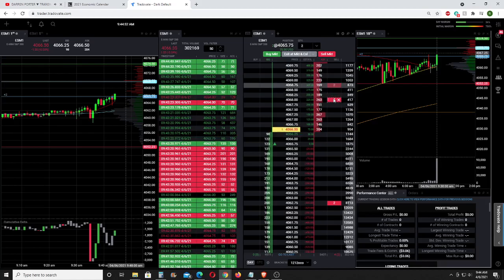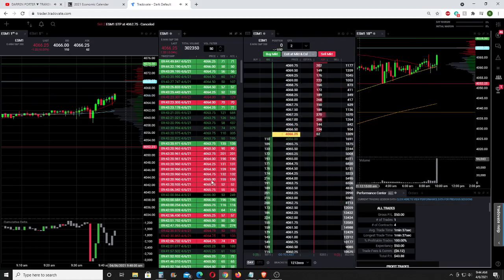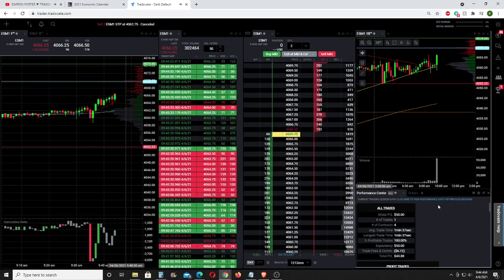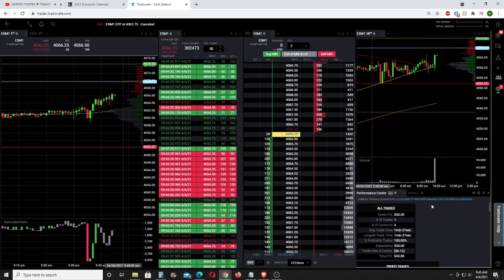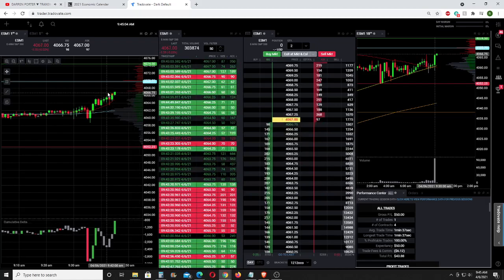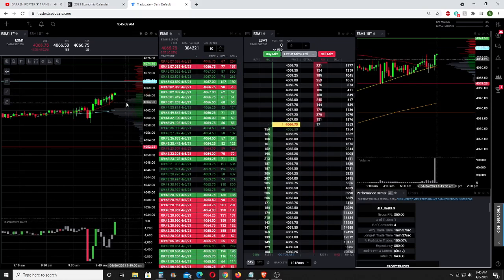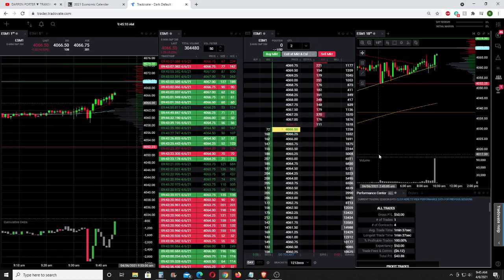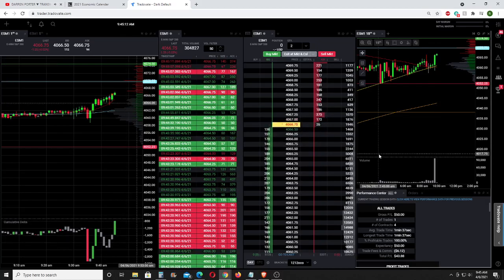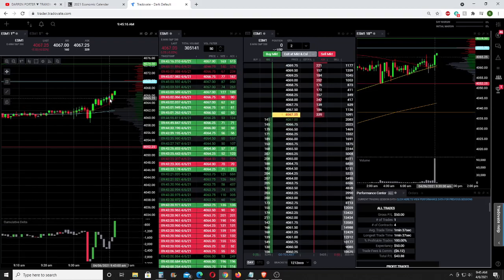You know what? I'm just going to take my first profit of the day. My first trade of the day. I should have probably held more, but I just want to say that I got profit now. Now it's going to be hard for me to re-enter, in retrospect, but I just want to get my first profit for the day. Luckily, I didn't get shaken out from this move.